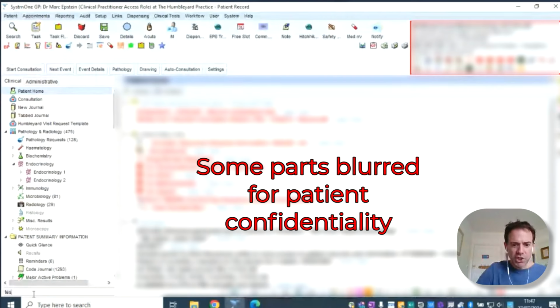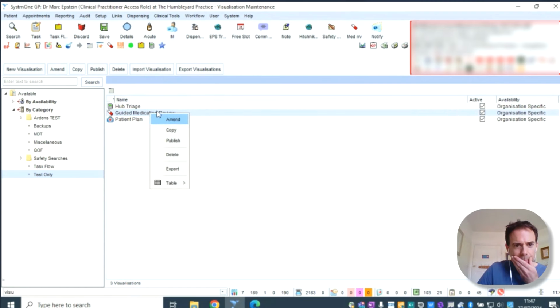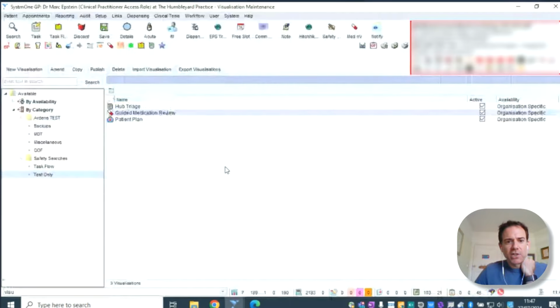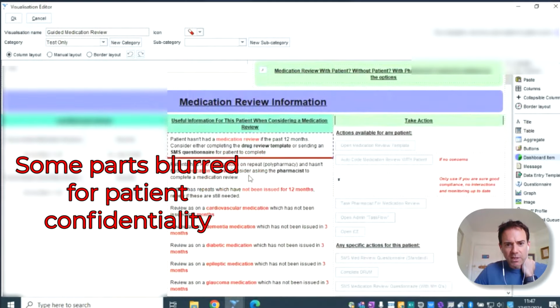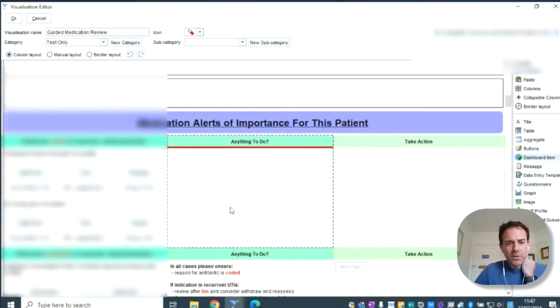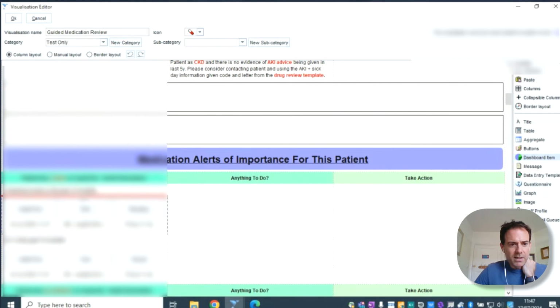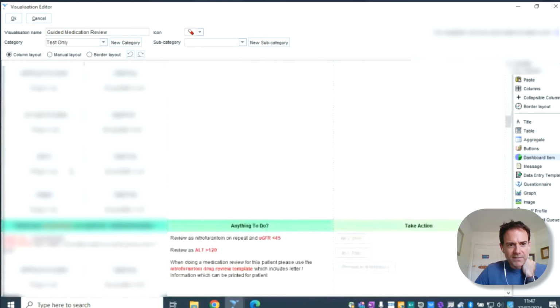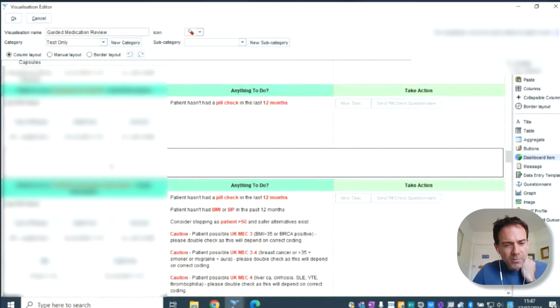But if I go into the back end of that, so if I amend this, so this actually shows where's it gone? Here we go. So everything in the background. These are all the different prompts which are going to come up depending on the scenario. These are the questionnaires which look blank, but they're set up from that button there. So it's going through statins, antibiotics, if they're on an antipsychotic, and it's carbimazole and digoxin and progesterone-only pills, and